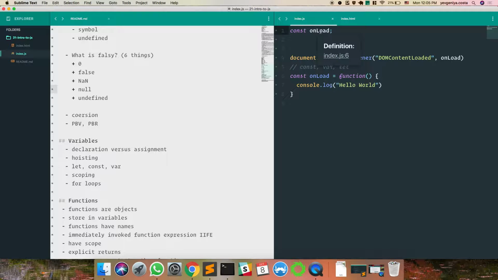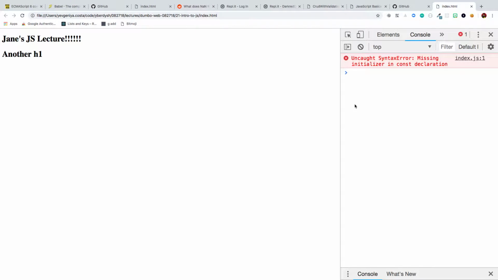This just sets your variable to undefined, assuming that you'll change it later. So as it goes through and encounters these variables, it knows what these variables are, but it doesn't know what they're assigned to. So they're all undefined. So it's as if this is happening. And then when it runs line by line, then it finally gets assigned and it knows what it is. So in this case, it doesn't work.